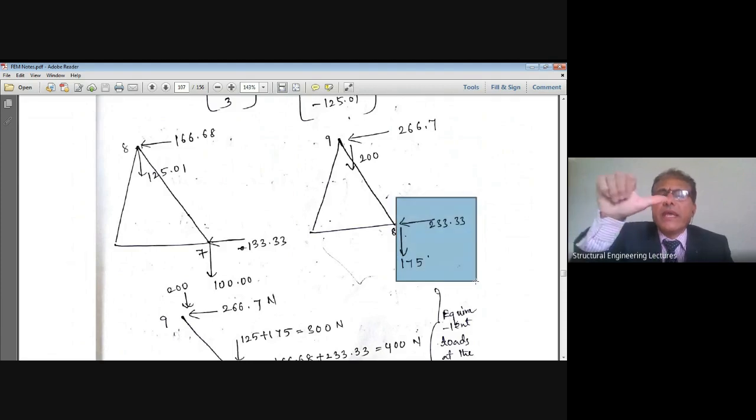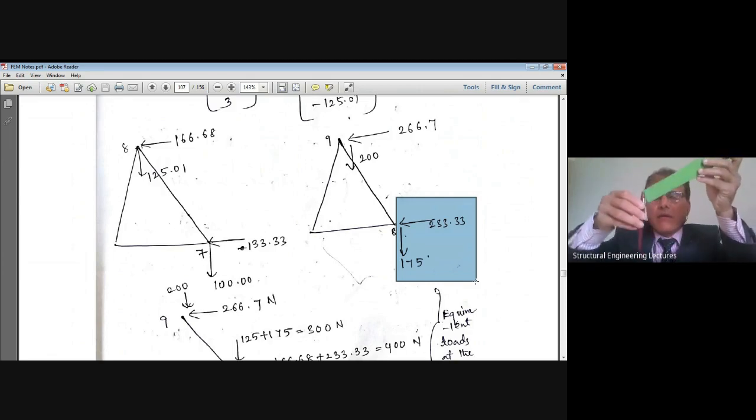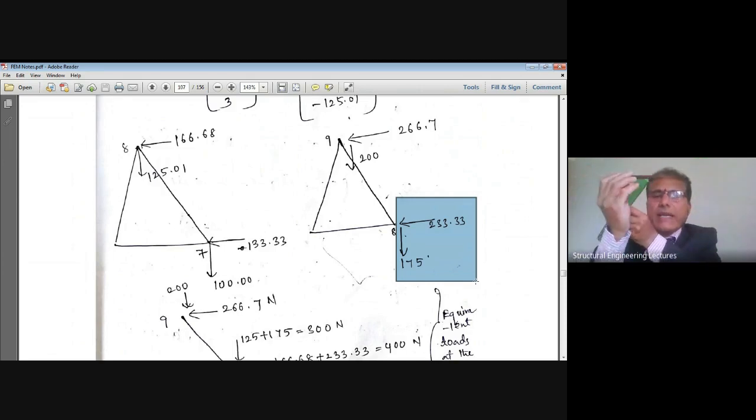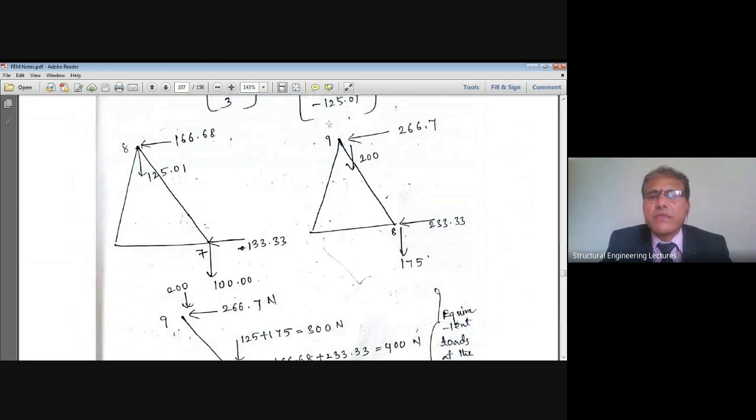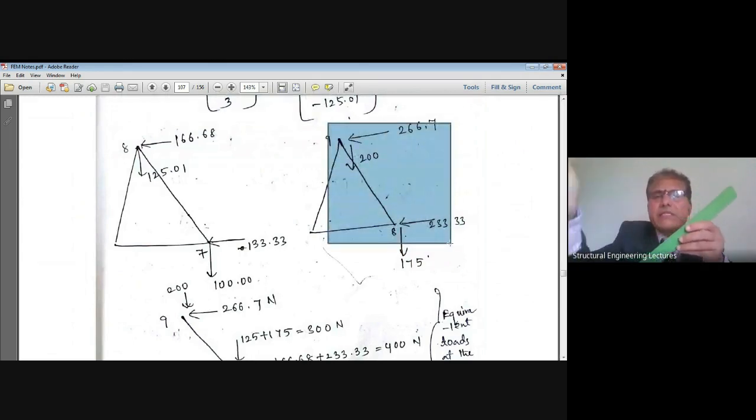This is how in the x direction minus 233.33 Newton at the 8th node acting in the downward direction. Minus 175 newtons at the 9th node acting in the x direction, 266.7 newtons at the 9th node acting in the y direction, minus 200. These are the equivalent loads because of the traction force acting on this surface, 8 to 9, the next element.